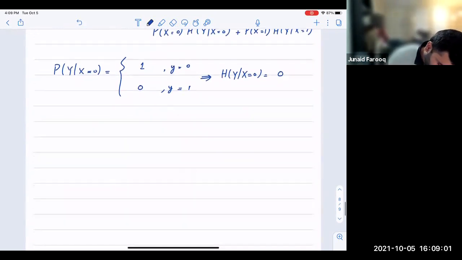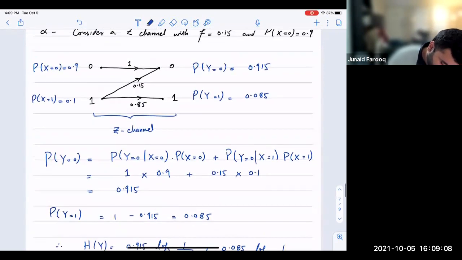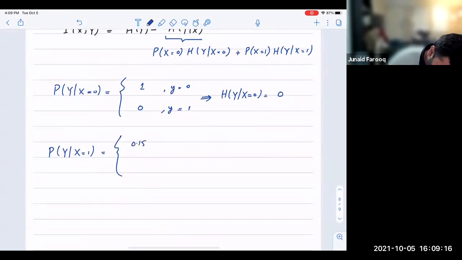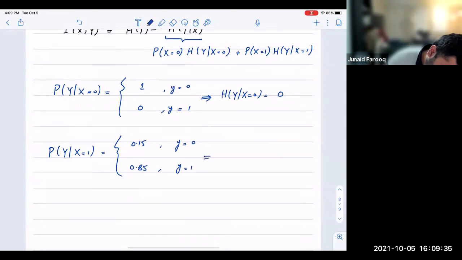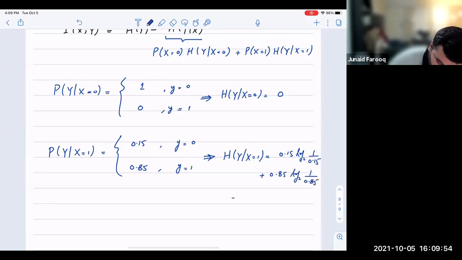the conditional entropy. Now the probability of y given x equal to 1 is the other branch, so it's this part and this part. So it's 0.15, 0.85, for y equals 0 and y equals 1. So our H of y given x equals 1 is going to be 0.15 log 2 of 1 over 0.15 plus 0.85 log 2 of 1 over 0.85. So it turns out to be,